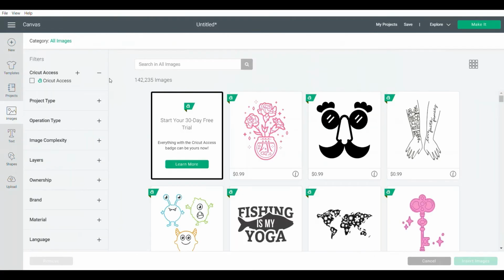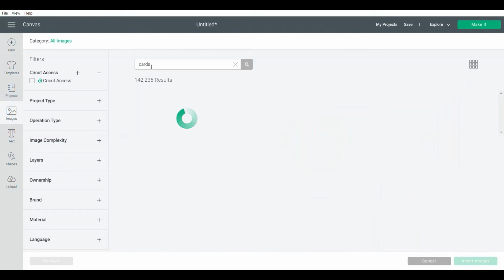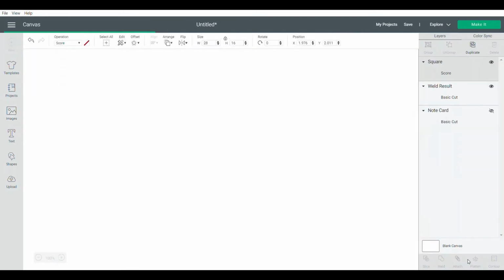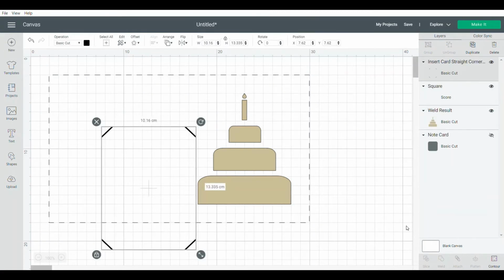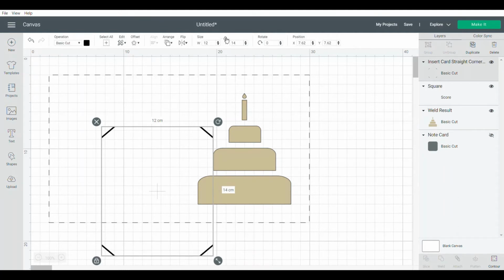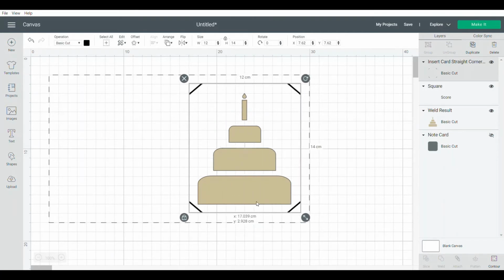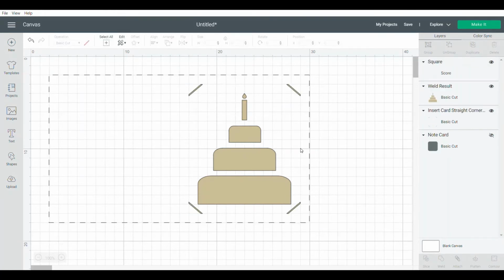Now go into images, and as usual I'm going to do a card insert. So we're going to pick our card slots for the edges. Once you're happy with that, now I'm going to go ahead and change the size. The width is going to be 12 and the height is going to be 14. Now let's align this. Okay, now once you're happy with that,